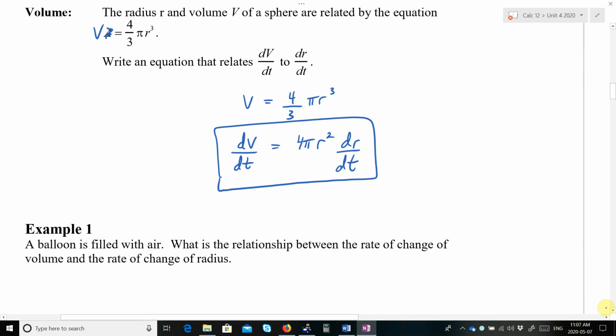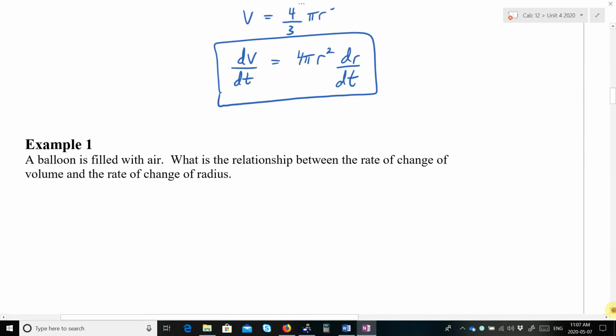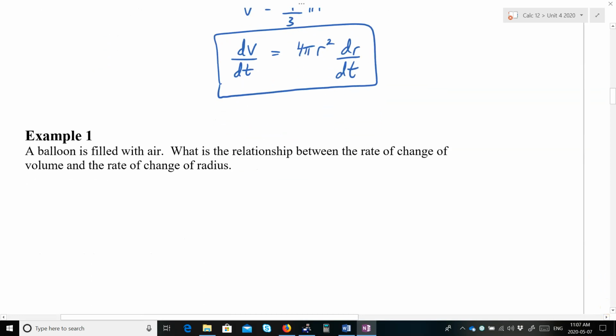Example 1 is exactly like that volume thing we just did. It says a balloon is filled with air. What is the relationship between the rate of change of volume and the rate of change of radius? So you have to assume that it's a spherical balloon, and the volume of a sphere is 4/3 pi r cubed. And so then we would get this again for the rate of change of volume